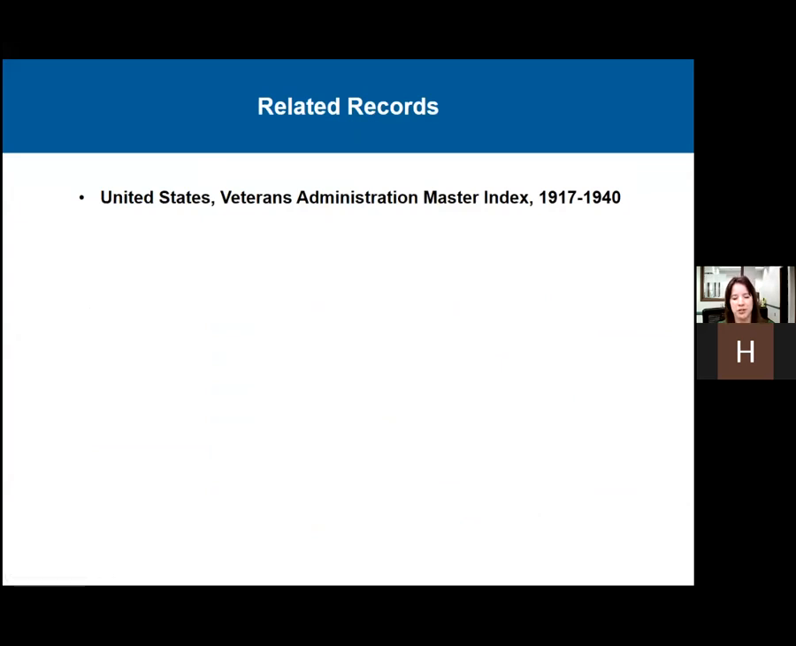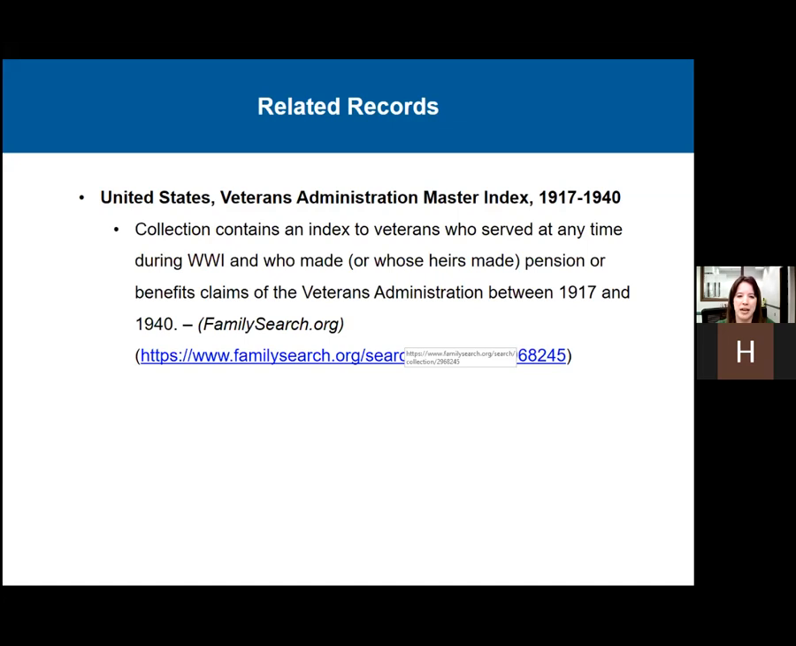So some related records that can also help you find information about veterans in your family include the United States Veterans Administration Master Index between 1917 and 1940. It contains an index to veterans who served at any time during World War I and who made, or whose heirs made, pension or benefits claims of the VA between 1917 and 1940. These are on FamilySearch. So if you go to FamilySearch,